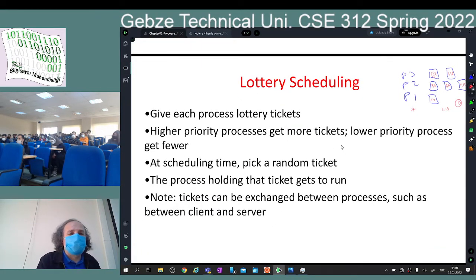Higher priority processes get more tickets. At scheduling time, pick a random ticket from 0 to whatever. It's like the national lottery draw. Then the process holding that ticket gets to run. Okay. The nice thing is that,